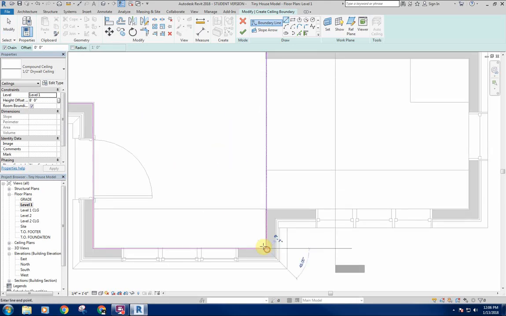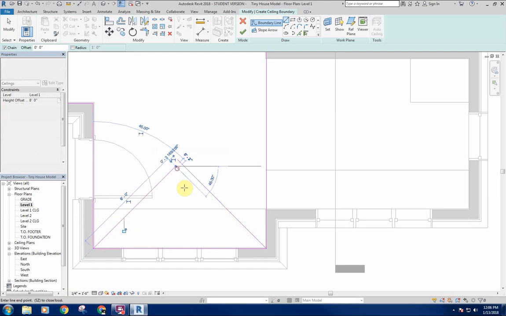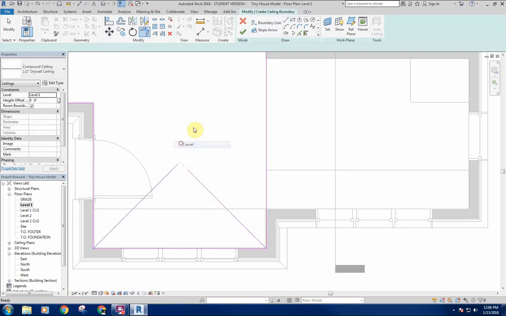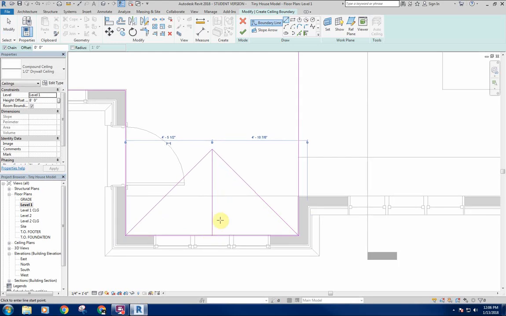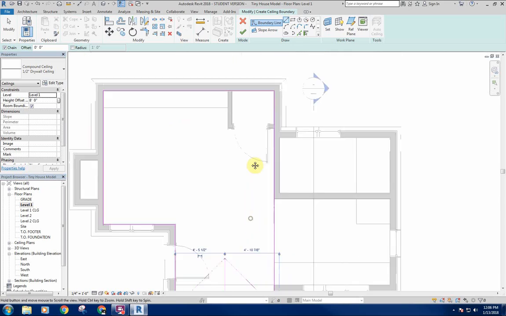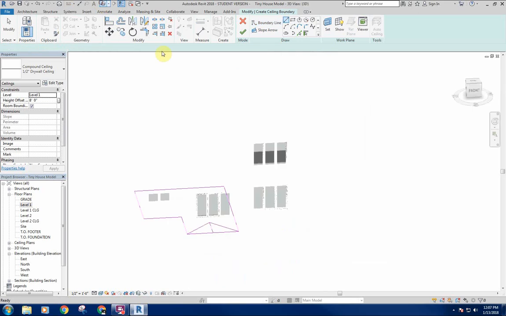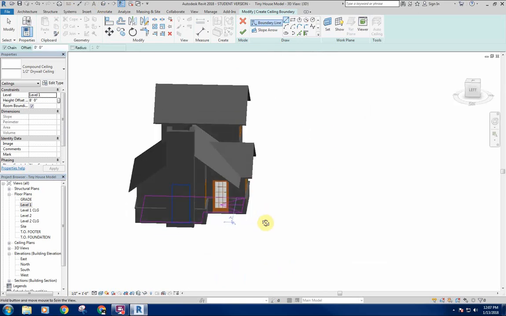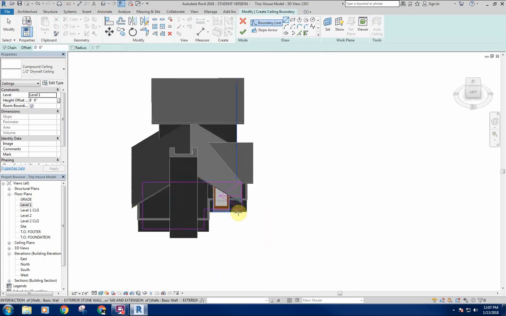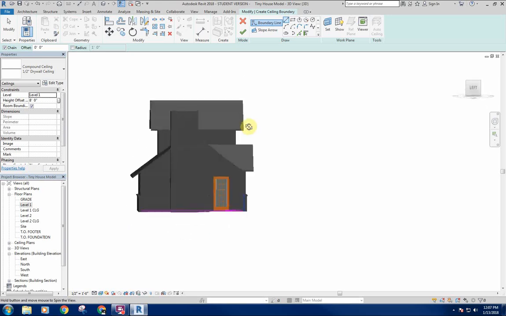So we're going to end up with basically a part of the ceiling that does this, and there will be a ridge that runs along here and comes back, so you'll end up with it sloping this direction and this direction, and then that's going to intersect with the overall gable that's coming this way. So if we look at our exterior here, we've got our gable that's running this direction,